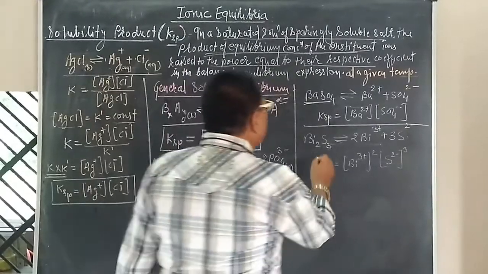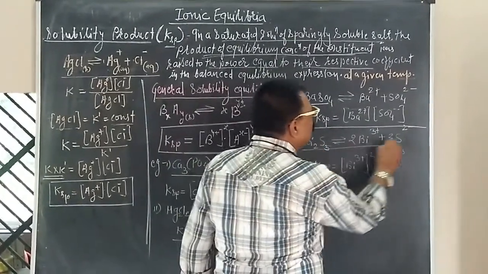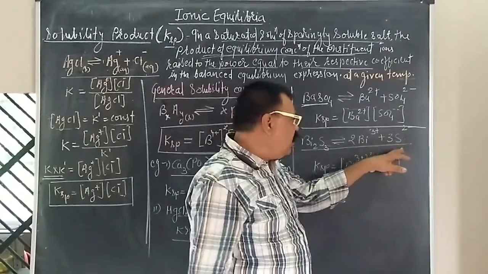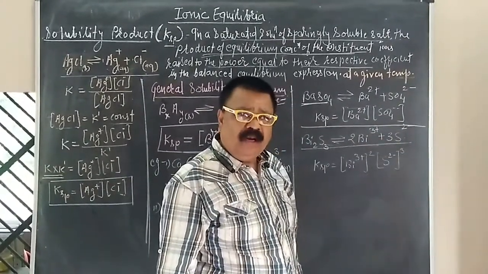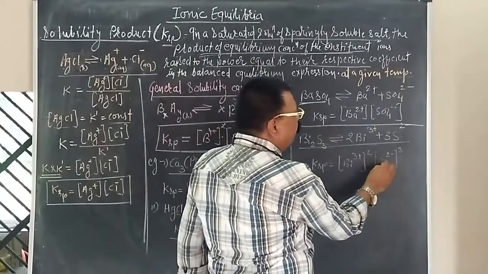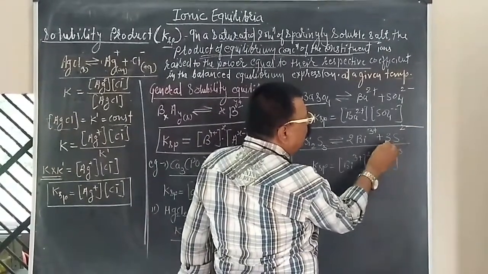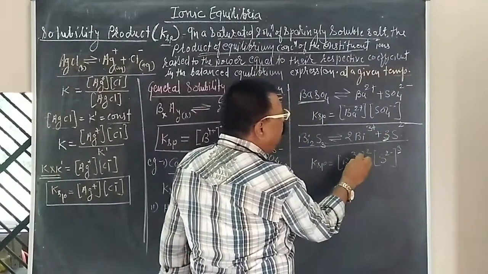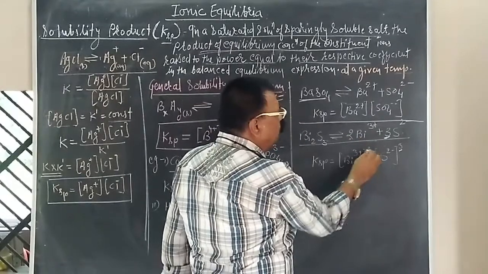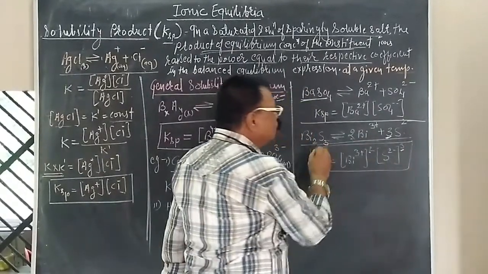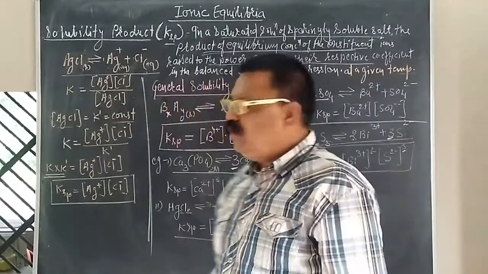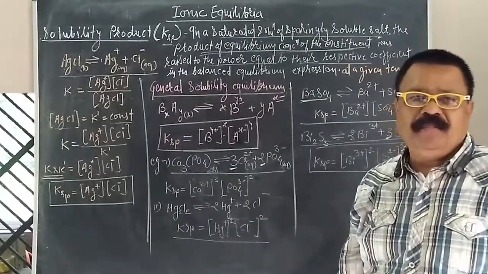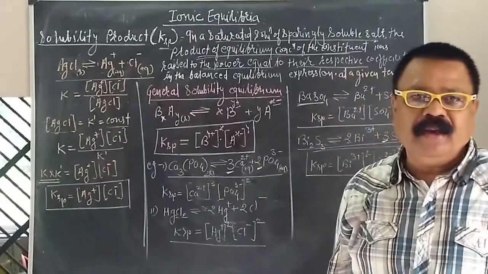Very similar manner that we are getting the Bi2S3. Bi2S3 में देखिए इसका डिसोसिएशन होने के बाद twice Bi3 positive and thrice S2 negative मिल रहा है, यानी सल्फाइड आयन 2 नेगेटिव और यहाँ पे कोएफिशिएंट कितना है, 3 करके रेस्ट टू द पावर 3, यहाँ पे Bi3 पॉजिटिव रेस्ट टू द पावर कितना हो गया, 2. So therefore, whatever solubility product that we are getting, this is the solubility product for this type of equilibrium reactions. Okay, समझ में आ रही है?